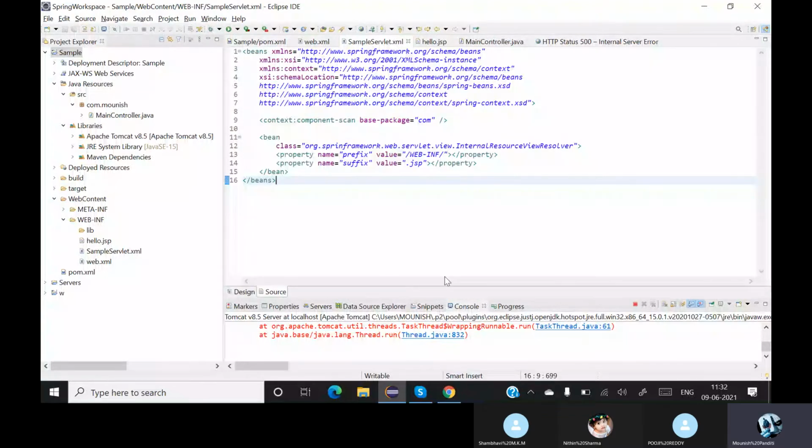Yep. So inside this it is telling me Spring, the spelling is wrong. Next, framework.web.servlet.view.InternalResourceViewResolver. Okay, I hope this runs now.